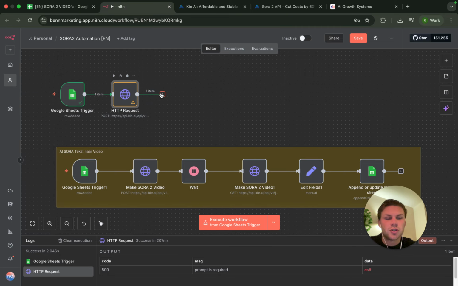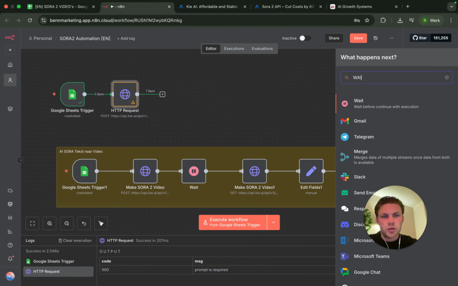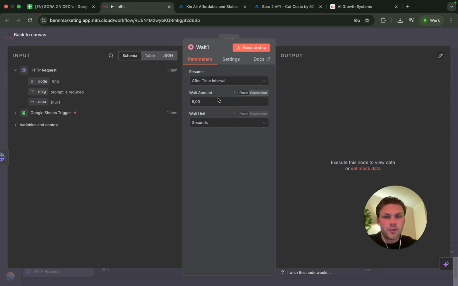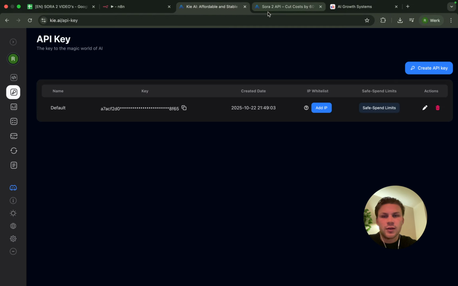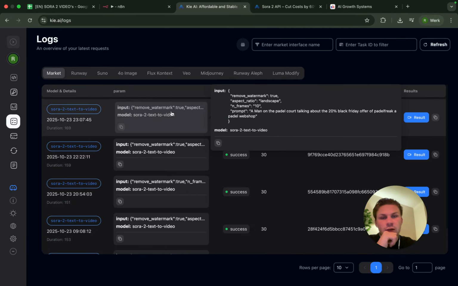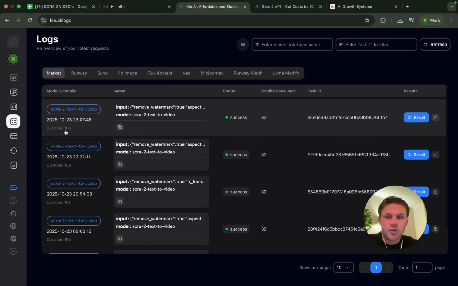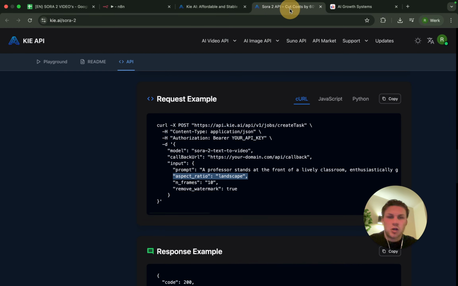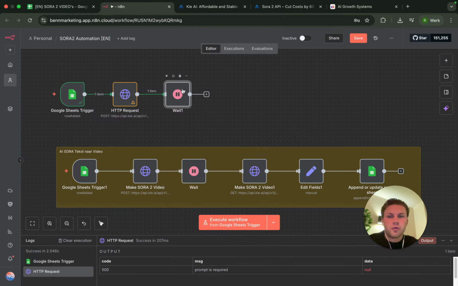For now I will just explain the next step. That is the wait step. So I will search for the wait and I will say here 6 minutes. And why 6 minutes? Because when I look at the previous examples, which are just here, we can see how long it really took. So for the last one, the man on a padel court talking about the 20% Black Friday offer, it took about 169 seconds. So yeah, it can be 3 minutes, tops, maybe 4, and